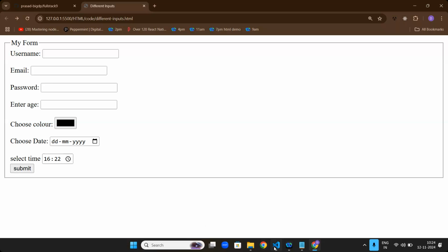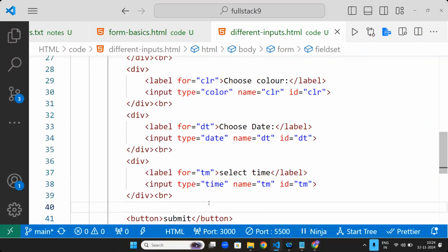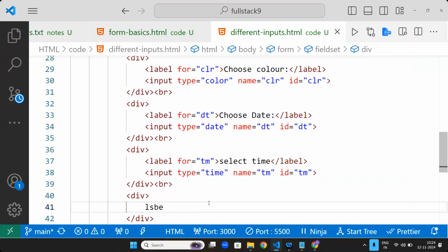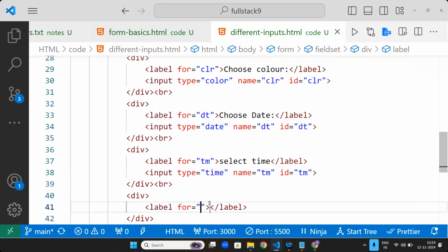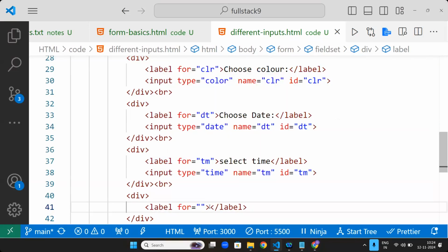Next one. Div, div label, label. Now next, date time local, date and time.